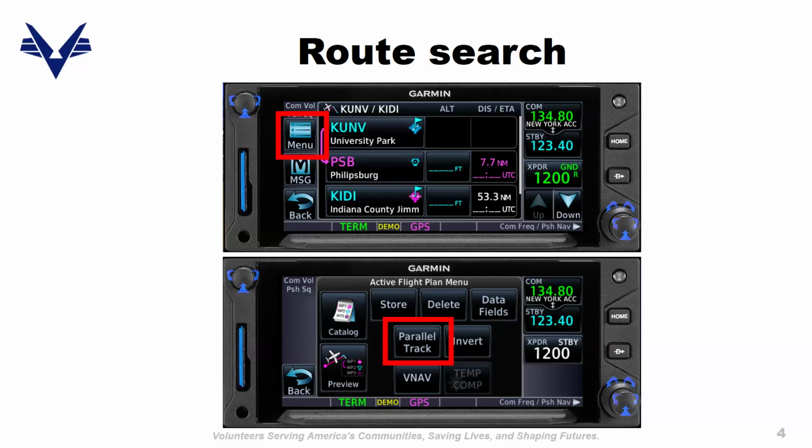So how would we do a route search with the avionics? And all that information is applicable to G1000 or G1000 NXI. The only difference is which buttons you will press and which interface you will use, but conceptually it's the same thing. So first you will create a flight plan. That's the route you need to use. So in this example, it's University Park, which is now State College Regional, then Phillipsburg VOR, and then Indiana County Airport. When the flight plan is done, you would press menu, and then you would select parallel track,